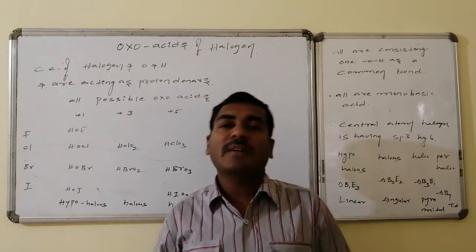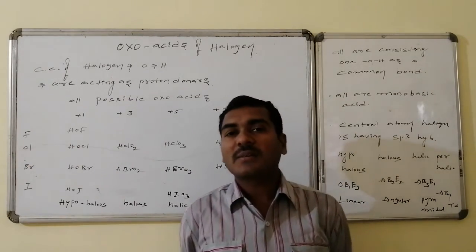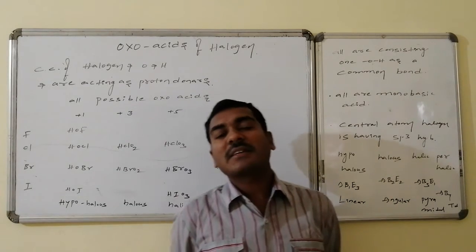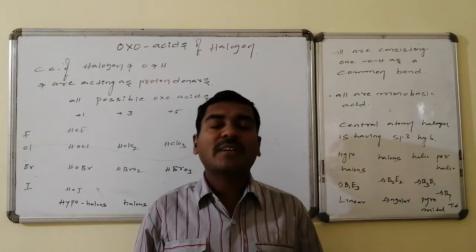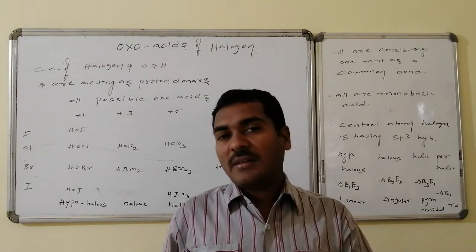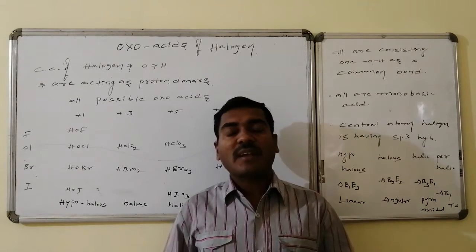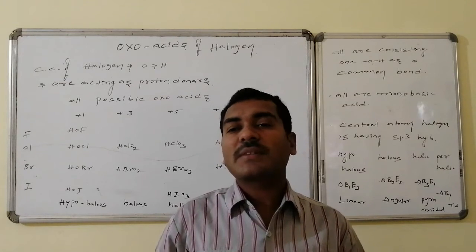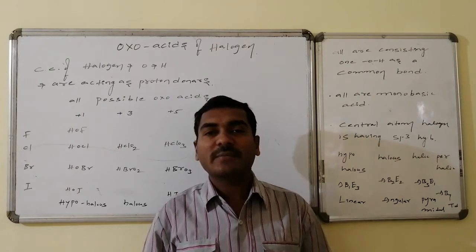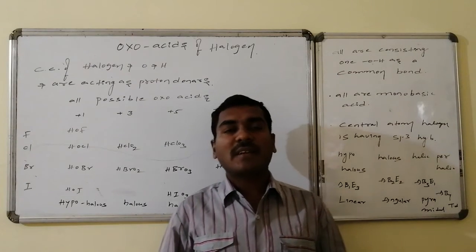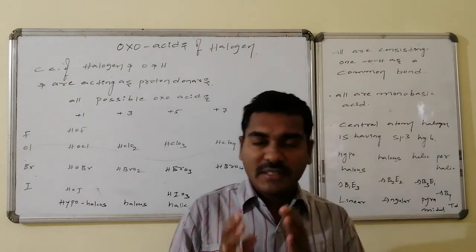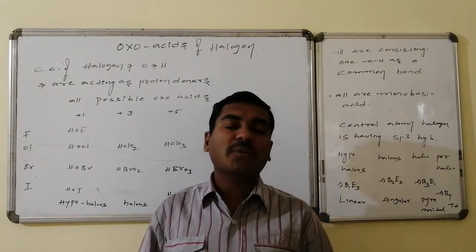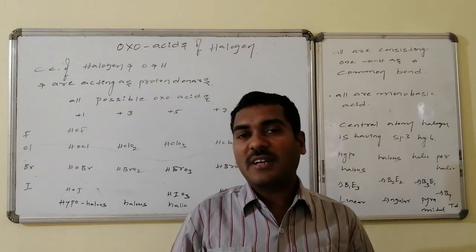Welcome friends. Let us go for the next part of discussion of the halogens, that is oxo acids of the halogen. Oxo acids are the chemical combination of halogen atoms followed by oxygen as well as hydrogen, and these act as acids. An acid is one which acts as a source of protons, that is, easy delivery of proton is present. Thus halogen is the central atom. Halogen is connected with oxygen and hydrogens. As a result, it acts as a source of protons, and is said to be the oxo acids of the halogen.